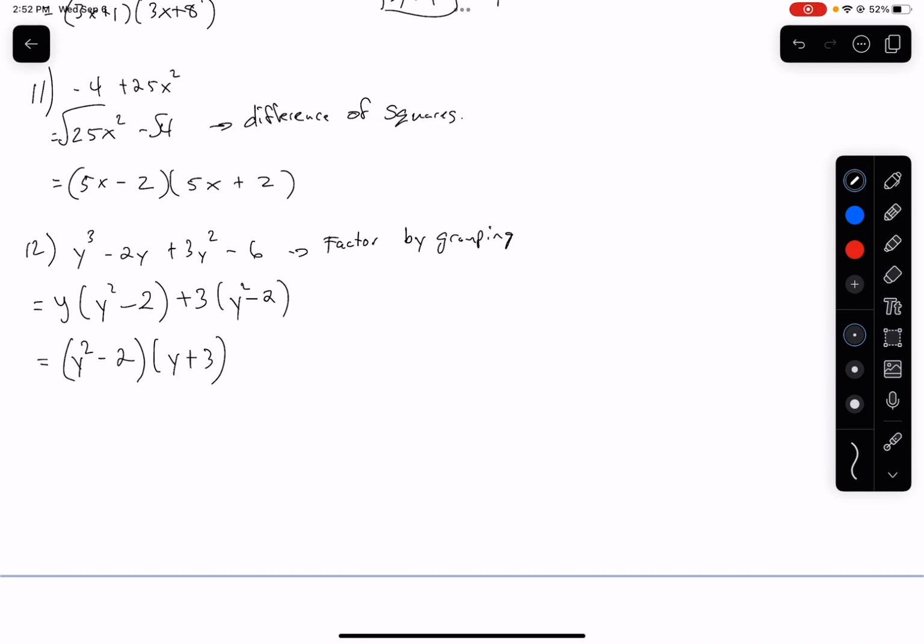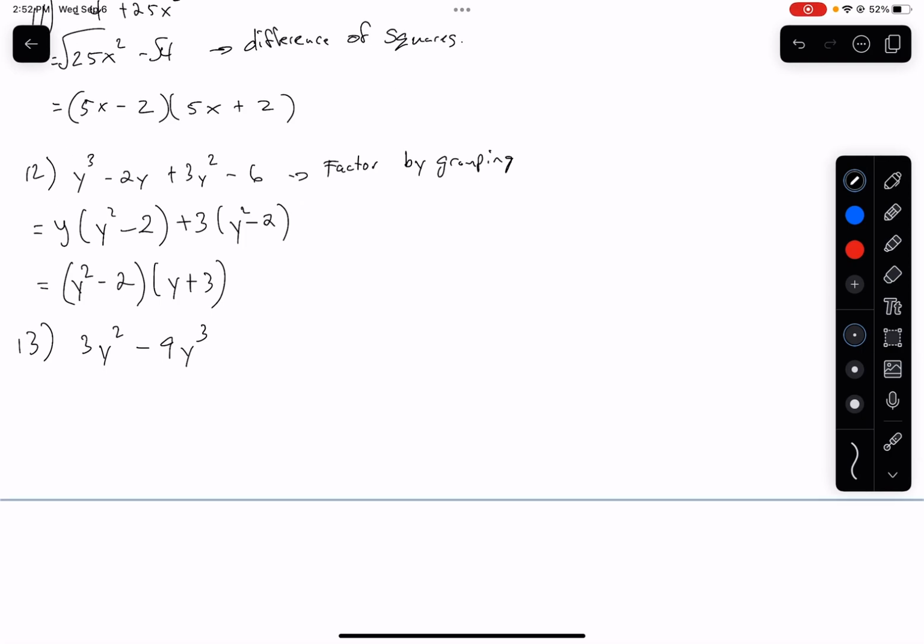Okay, question 13 says it's 3y squared minus 9y cubed. Again, I don't think it matters too much, but I'm just going to rewrite this to be negative 9y cubed plus 3y squared, just to write it in descending order. Remember, we talked about descending order being highest degree to lowest degree